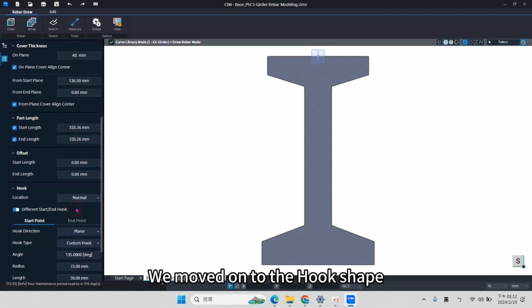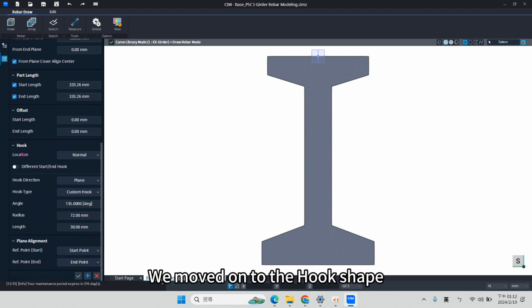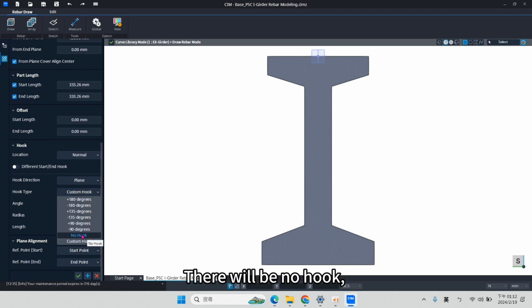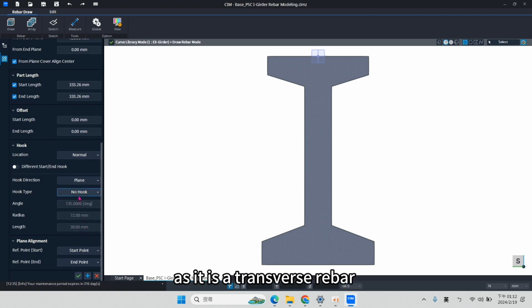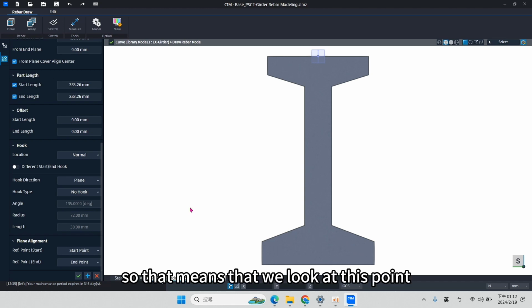And then we move on to the hook shape here. Again, this hook depends on the fact that we want to create only the transverse rebars for the lower flange rebar. So this will be this part. That means that we have a hook at this point.